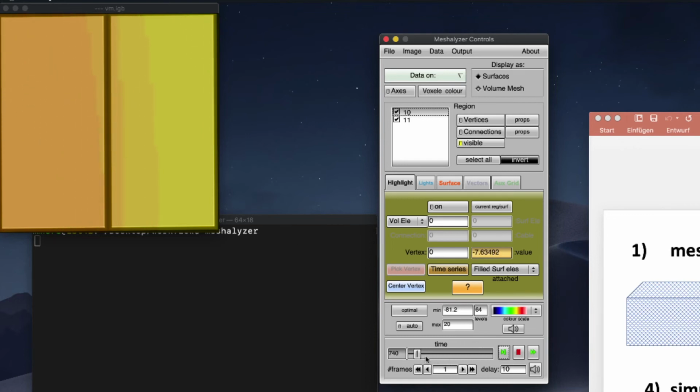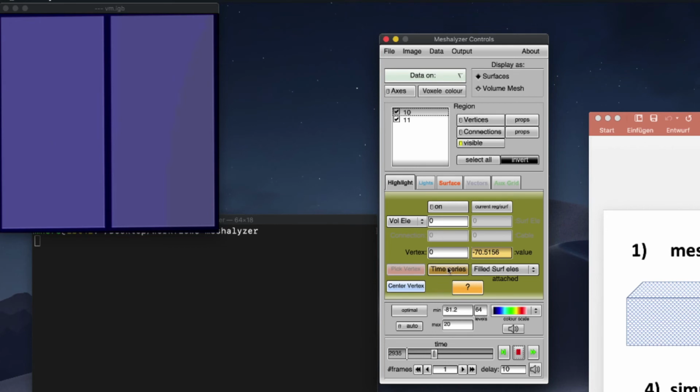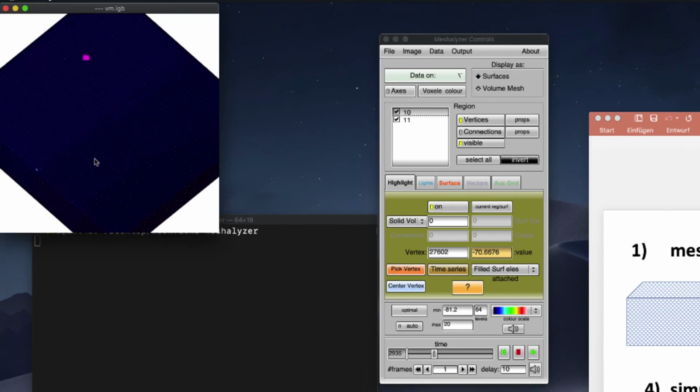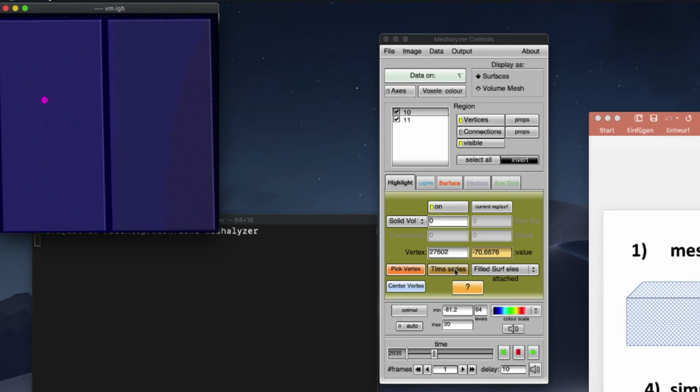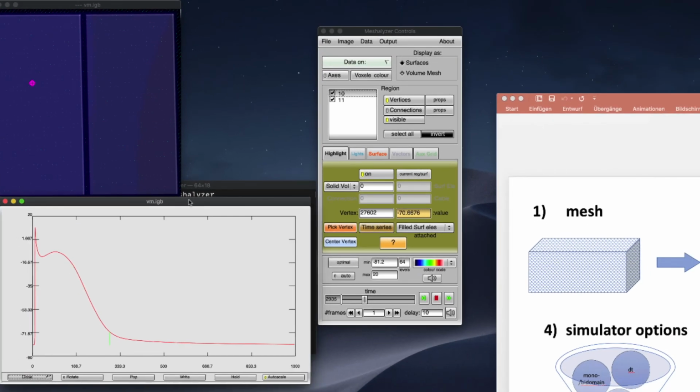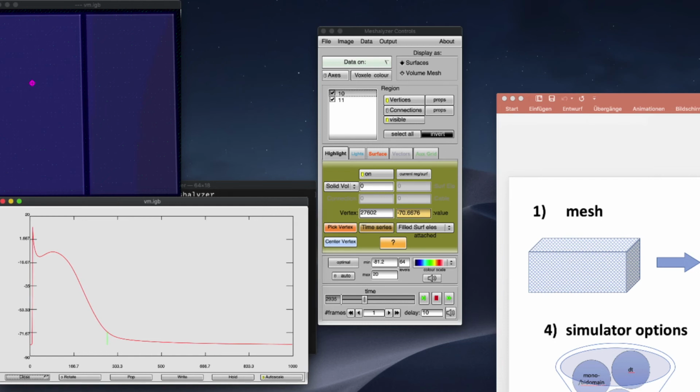In this simulation, we can watch the whole thing, or we can skip through it with the right mouse button, where you can skip through it a little bit faster. And we can look at the time series. What we can do is show the vertices, highlight the specific elements, pick a vertex, which is now marked with the pink dot, and show the time series on the left hand side. And we can then also pick a second vertex